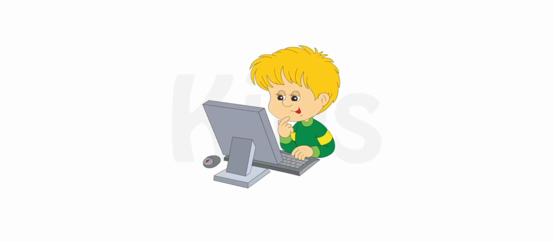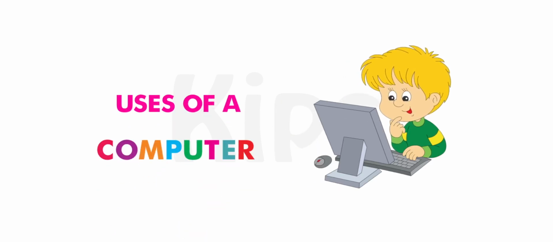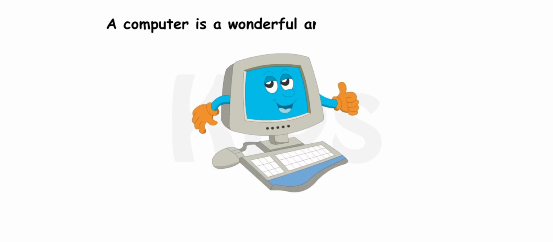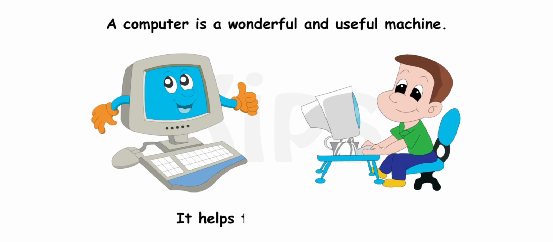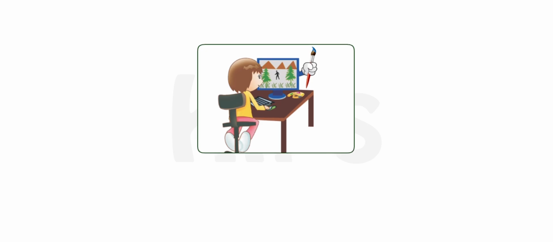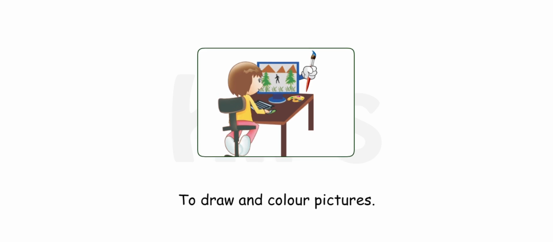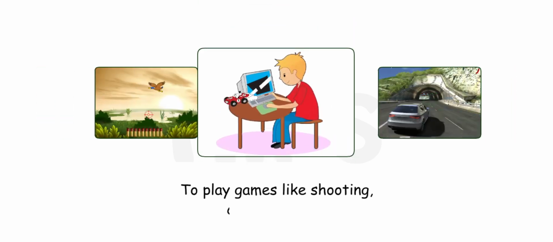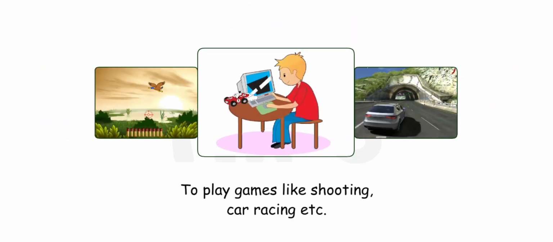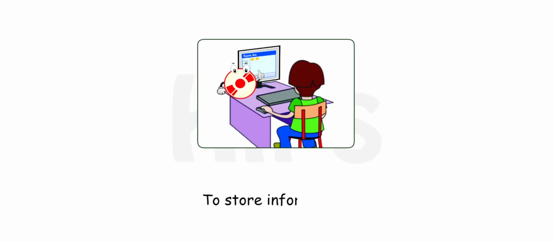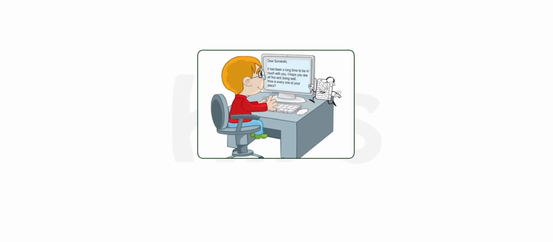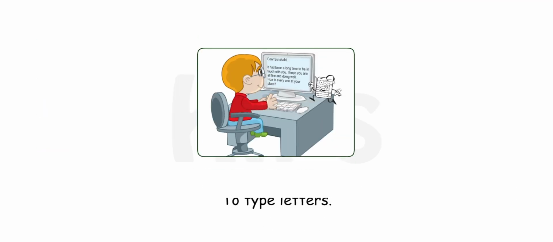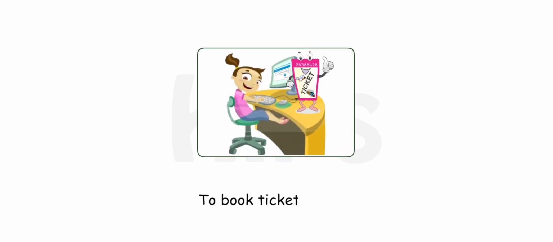Students, today we will understand uses of a computer. A computer is a wonderful and useful machine. It helps to do many things. A computer can be used to draw and color pictures, to play games like shooting, car racing, etc., to store information, to type letters, to book tickets online,